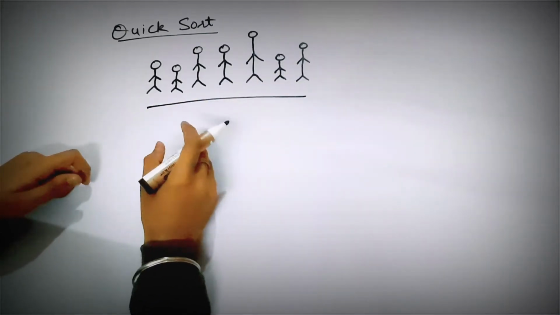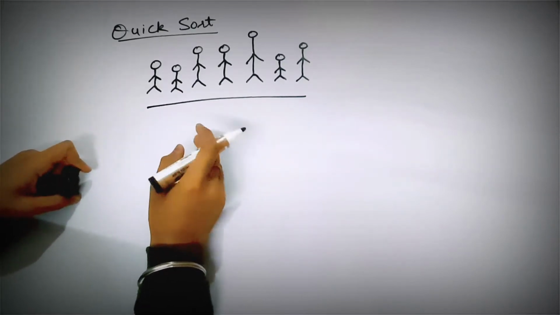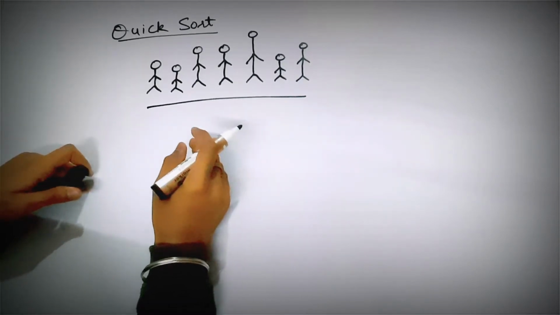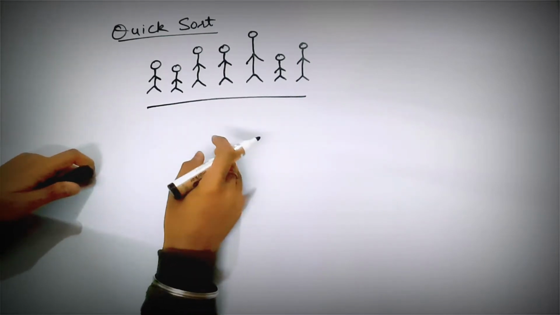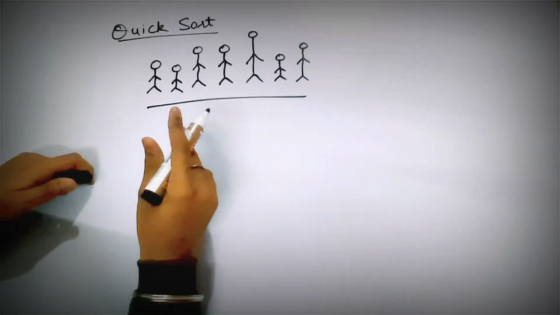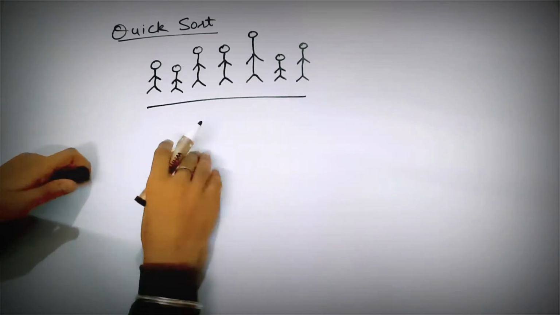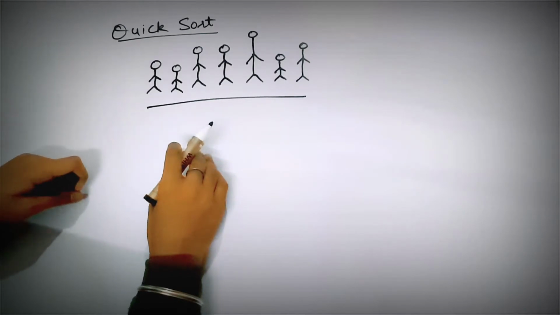So the idea is that there are a group of students in a class and the teacher asks them to arrange themselves in the increasing order of their height. So there are two options. Either the teacher arranges them one by one according to their heights by saying that you go in the front, you go at the last, or you go in the middle, and so on. This is one way. The other way can be that the teacher asks the students to arrange themselves. So each student will find their places themselves.